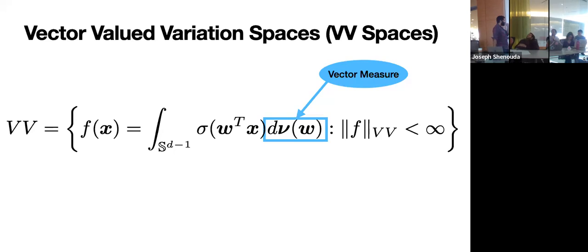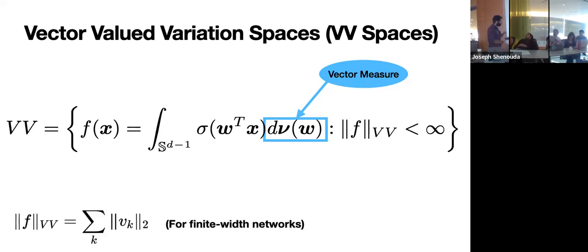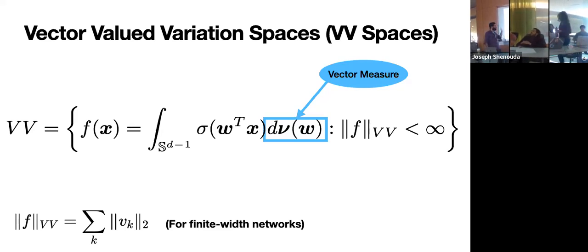But the only important thing that you really need to know, the details are kind of in the paper, is that this VB norm, if you apply it to a finite-width neural network, then what you get out is this group lasso type of norm, which we saw a couple slides ago, is in a way connected to weight decay. And that's the key point, okay? So by defining this new variation space, we have a really explicit connection between weight decay and this space of functions. And I'll make that connection more explicit. I'm just hinting at it now.